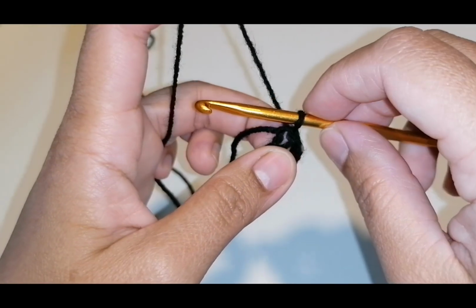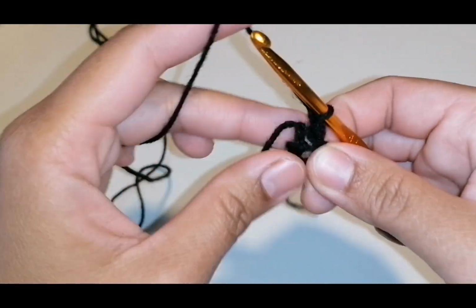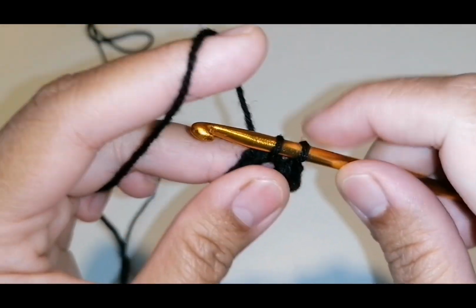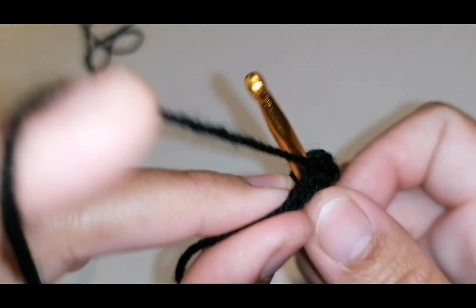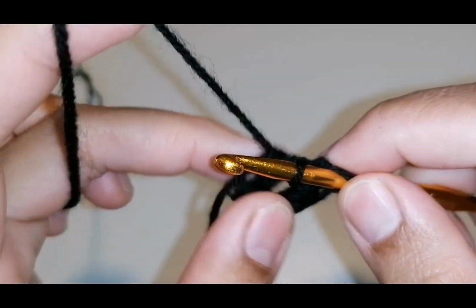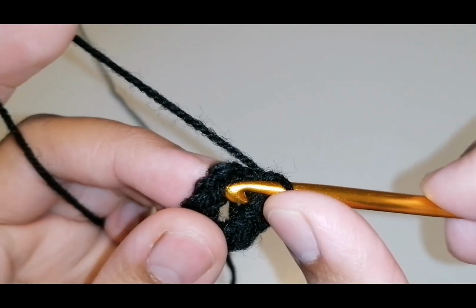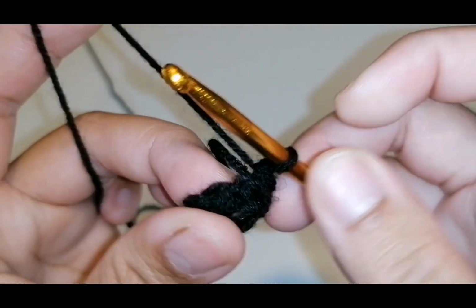Okay, so we need to do a chain 2. Okay, and do a single crochet to the center. So we need 2, 3, we need 8 single crochet. Okay, we need to make 8 single crochet here. And when you're done, you just do the slip stitch, okay, to the first 2nd chain that